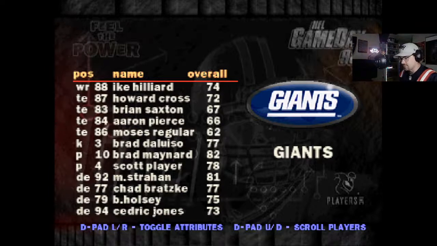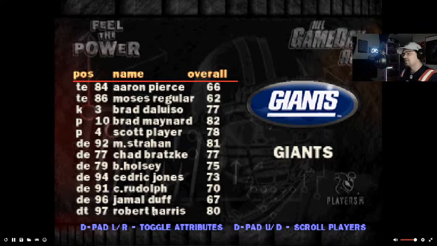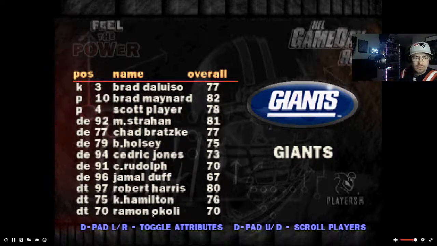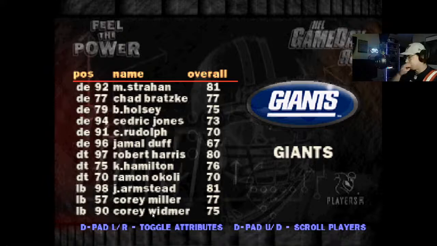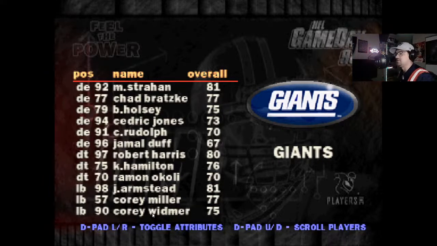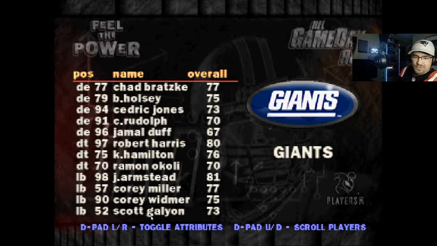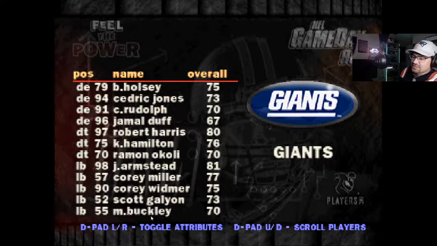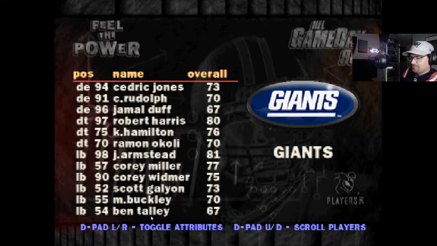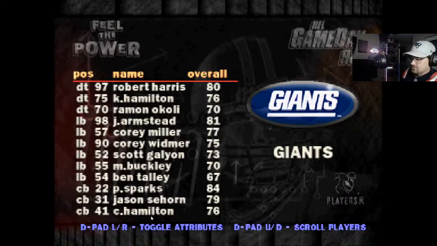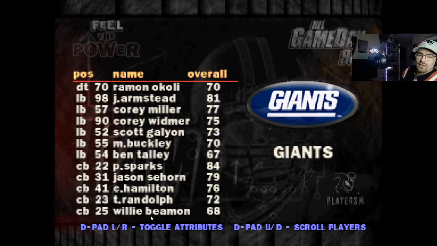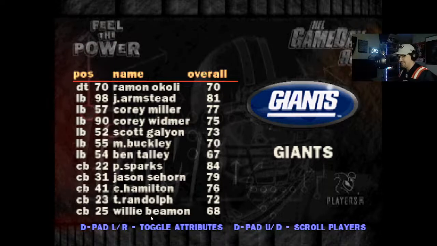Michael Strahan's on this team. This is right around the time he's probably a rookie or maybe a second-year player. But we all obviously know who Michael Strahan is, one of the best defensive ends of all time. Outside of the football world, he's very, very famous now. He's really put himself out there. He's a good speaker and everything. People like talking to him. So he's done good for himself.